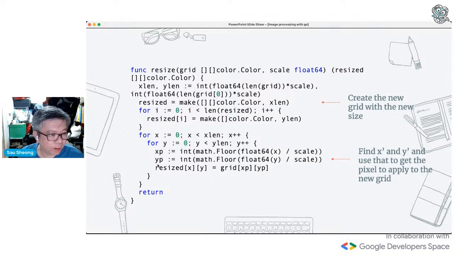And then you take X prime and Y prime, and you map it back to the original grid that you have. And then you put it into the new grid, the new resized image. And that's it. You have your new image. Then you go back, you save, and then you have that new image.